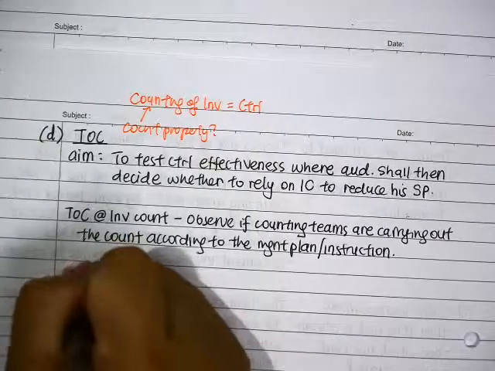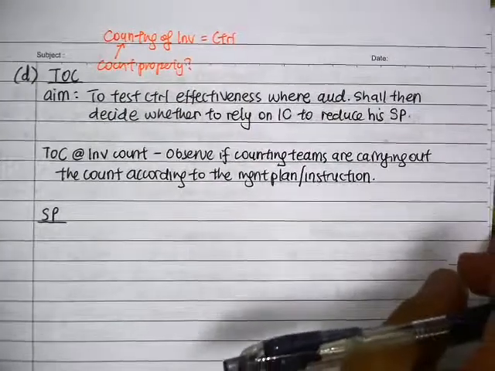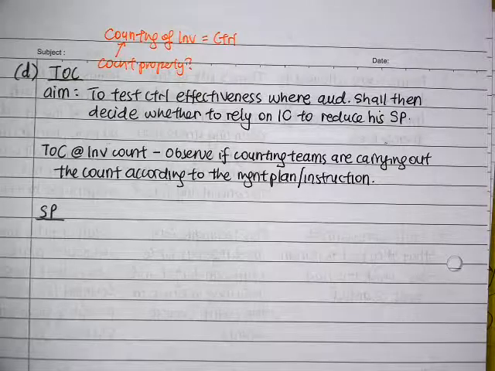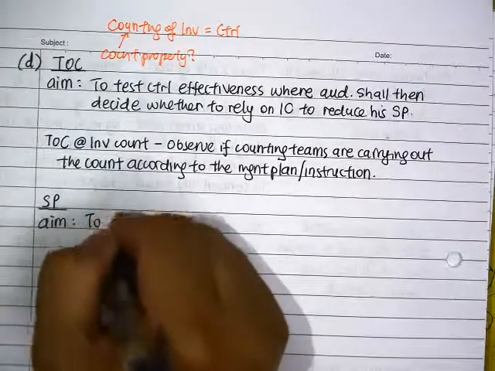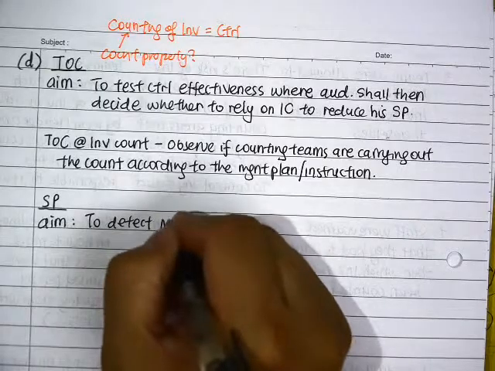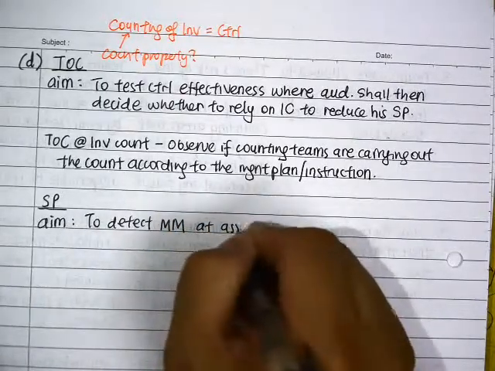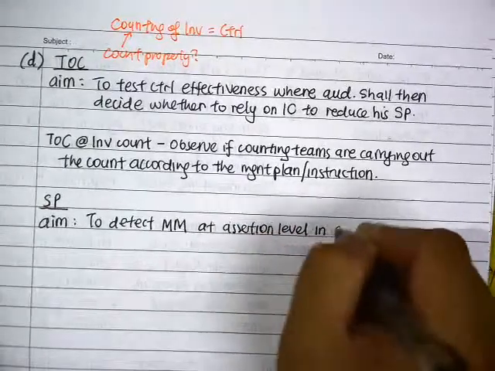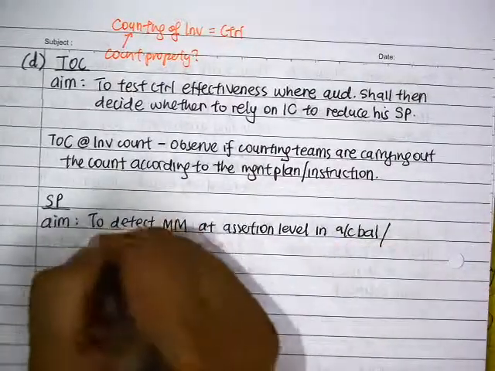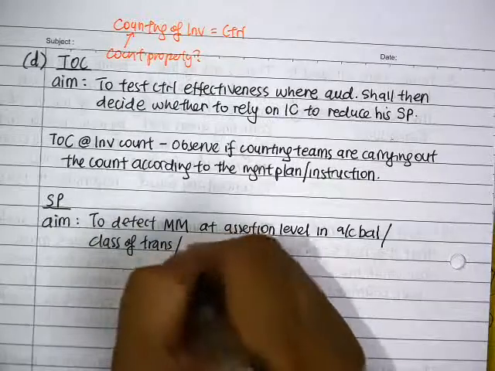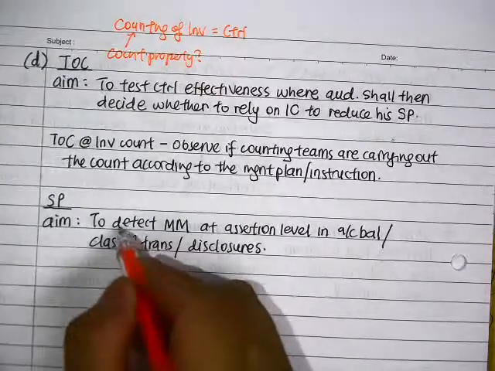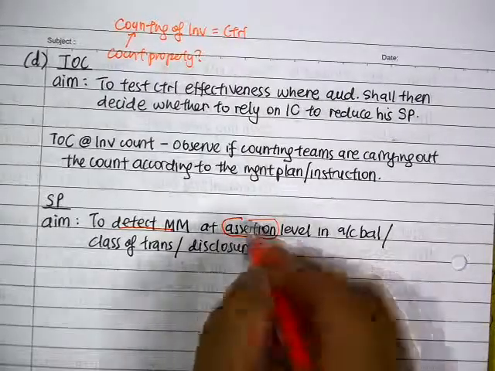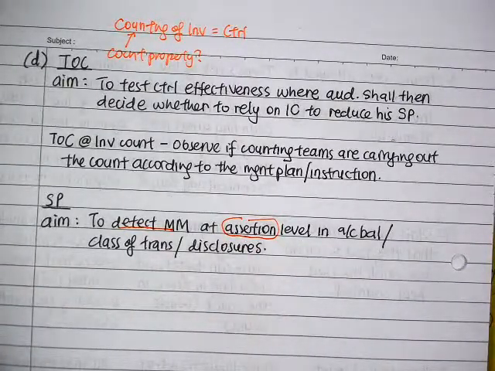Okay, now the next one is in terms of substantive procedure. What's the issue on substantive procedure? See, the aim of SP is what? To detect material misstatement at assertion level, in account balance, in class of transaction, as well as disclosure. That's the aim. Okay, so we want to detect misstatement, but remember, when you say misstated, you have to use assertion,